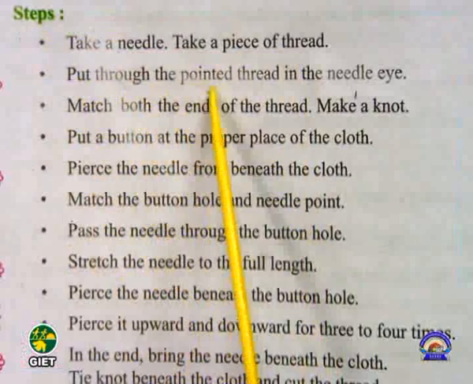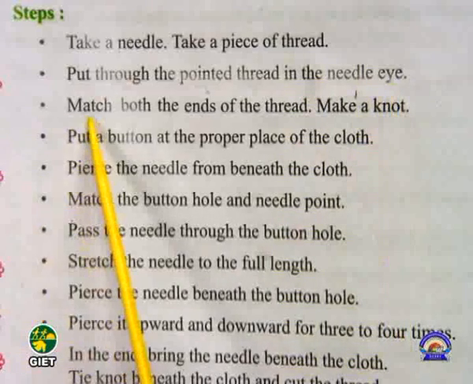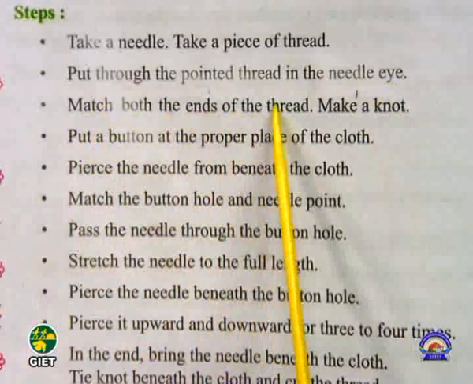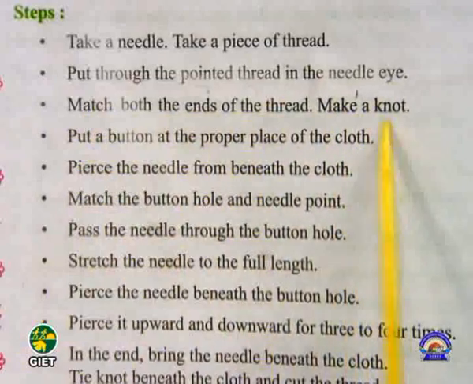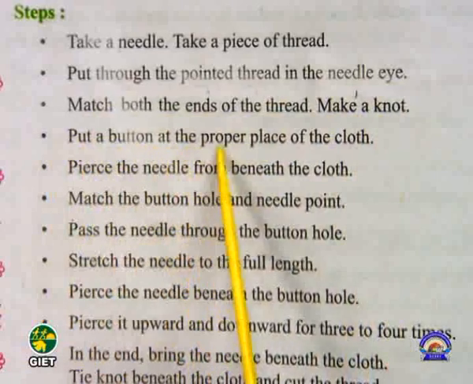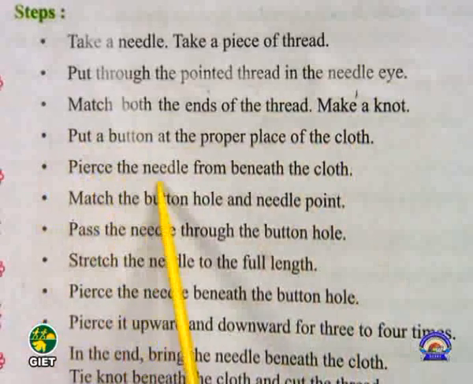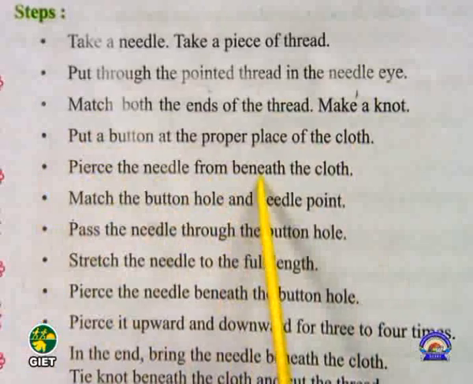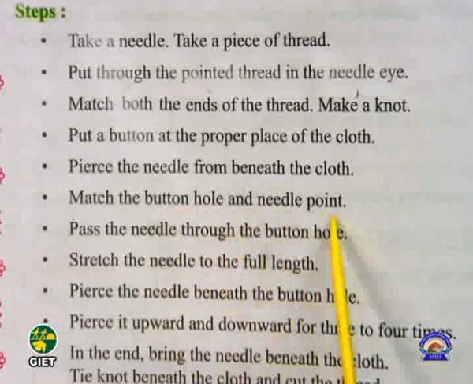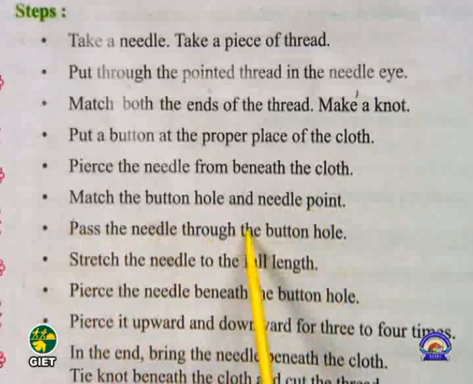put through the pointed thread in the needle eye, match both the ends of the thread, make a knot, put a button at the proper place of the cloth, pierce the needle from beneath the cloth, match the button hole and needle point, pass the needle through the buttonhole,